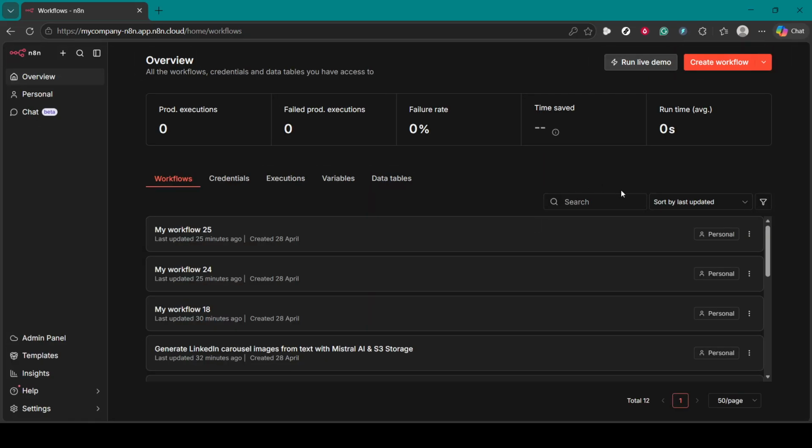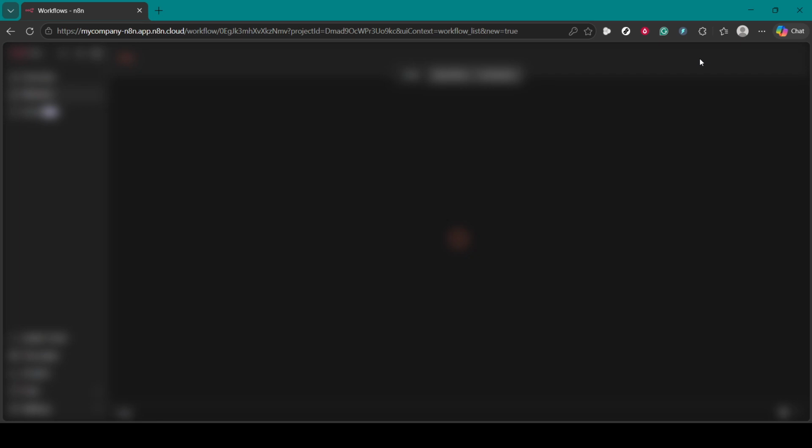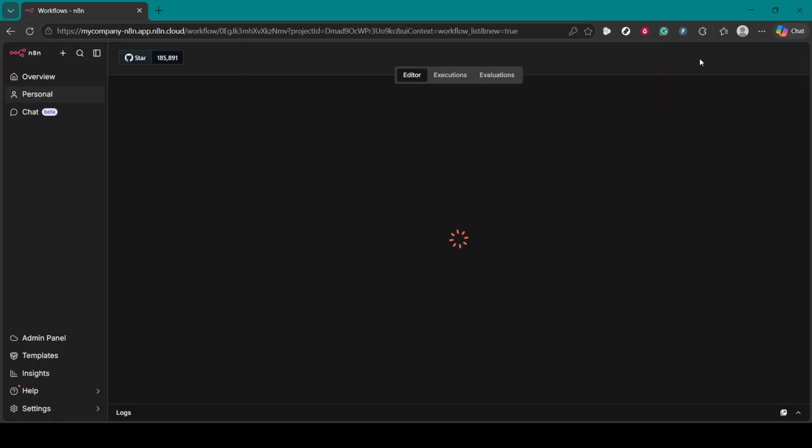First, open your N8N instance in your browser and sign in. You'll land on the dashboard. From here, create a new workflow. This gives you a clean canvas to design the automation. It helps to give your workflow a clear name so you can find it later, especially if you'll be building